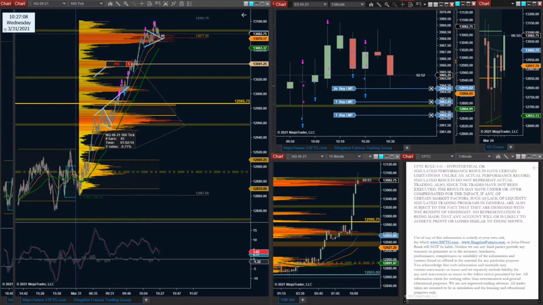Now, not getting a fill there is kind of a bummer for me because I'm not long right now, but it is also important information, because a lot of other traders who were short on this bear bar will not have gotten filled there either. So a lot of shorts are still short.